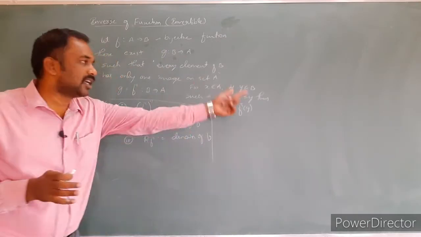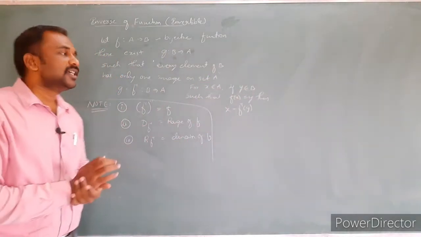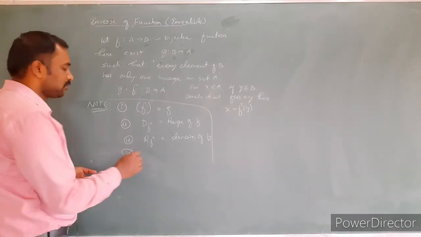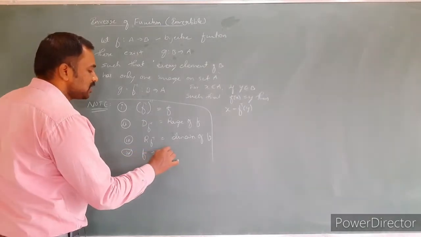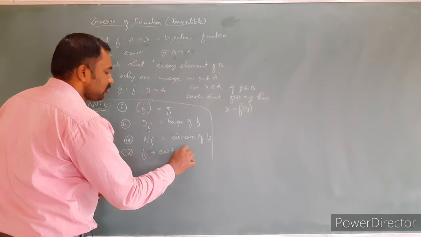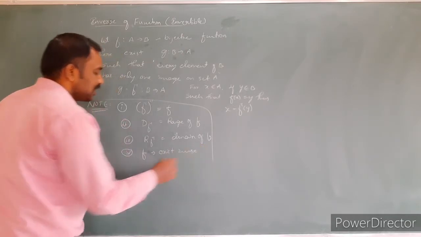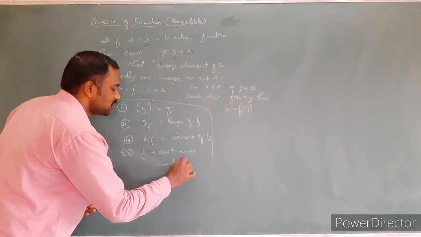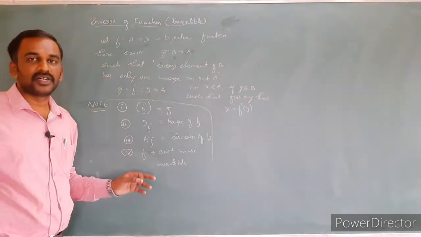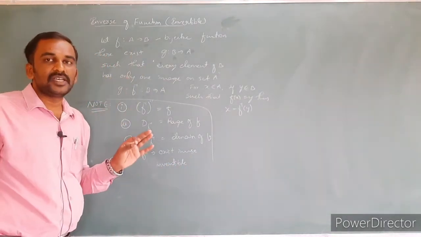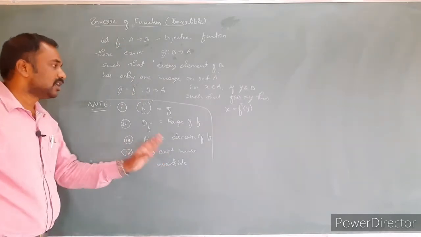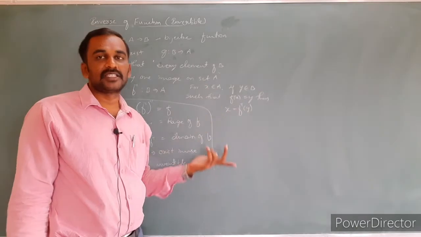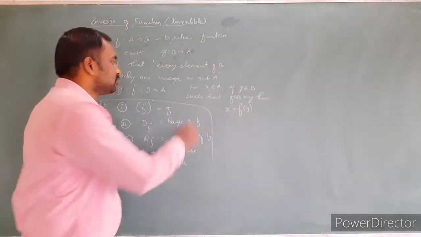So this is the general mathematical definition of the invertible function. Another thing, what is an invertible function? Suppose f has an inverse, then the given function is said to be an invertible function. Then how do we find the inverse of the function? Using this way we can easily find the required inverse of the function.